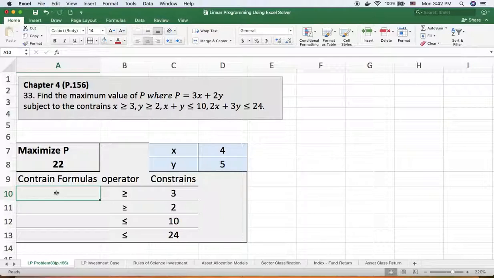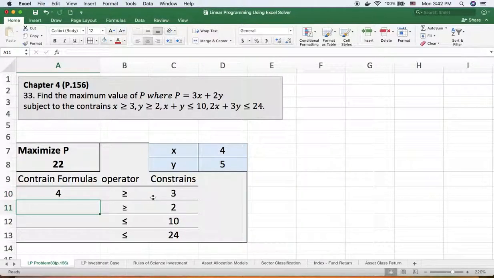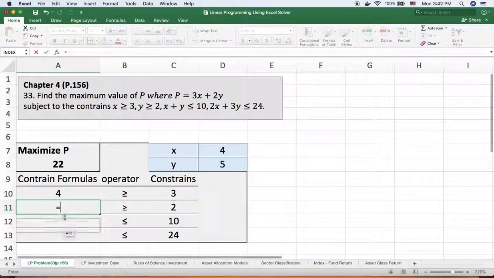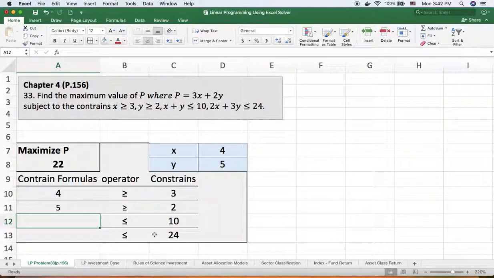The first one is S greater or equals 3. You just need to type equal. Don't forget to type equal. And then check the cell and return. The second constraint, Y greater or equals 2. Type equal, check this cell, return. The third constraint,